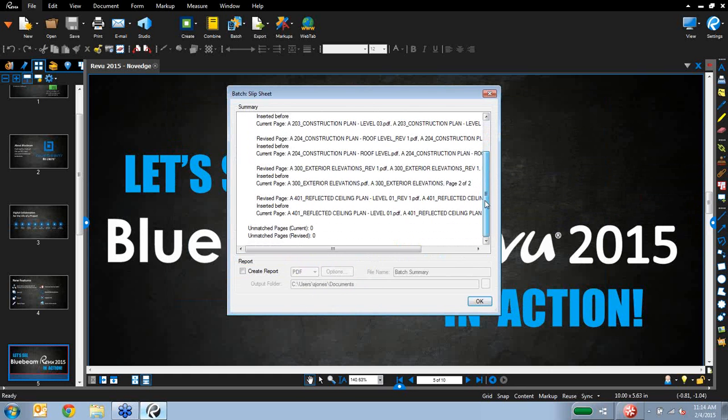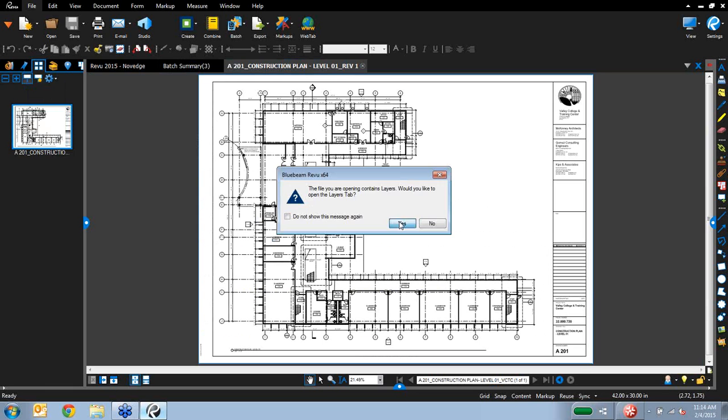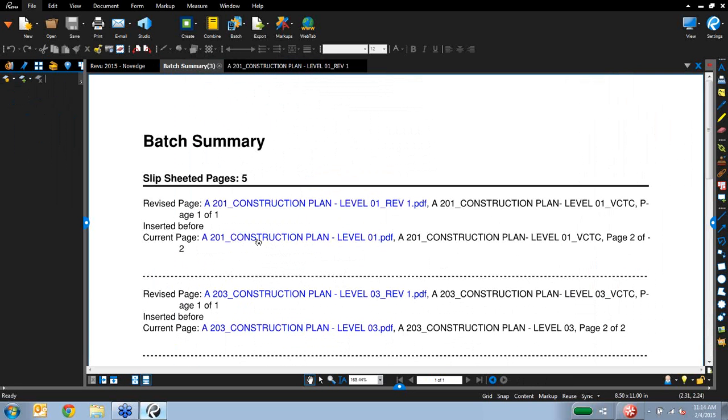So it gives me a nice little breakdown here. I also have the ability to create a report here. So I'm going to generate a report of everything that happened. And I can see my 5 slip-sheeted pages. Everything is hyperlinked. I can look at my revision that I slip-sheeted in there, as well as